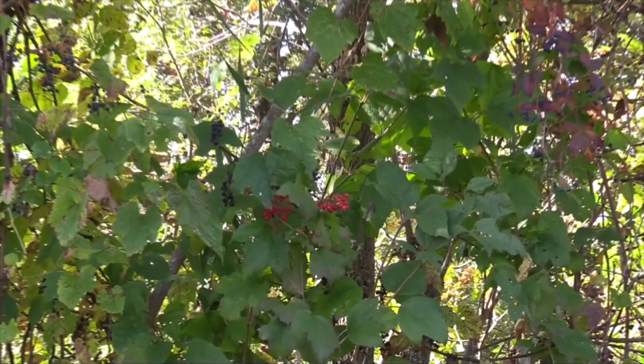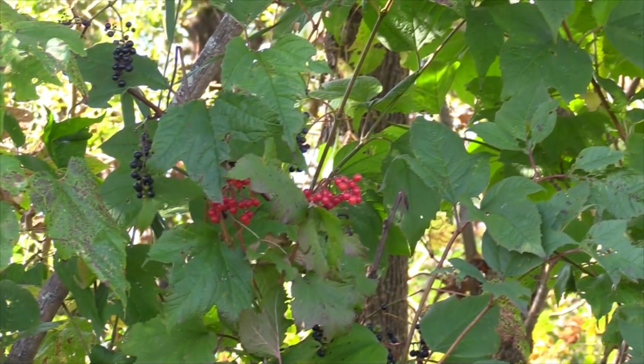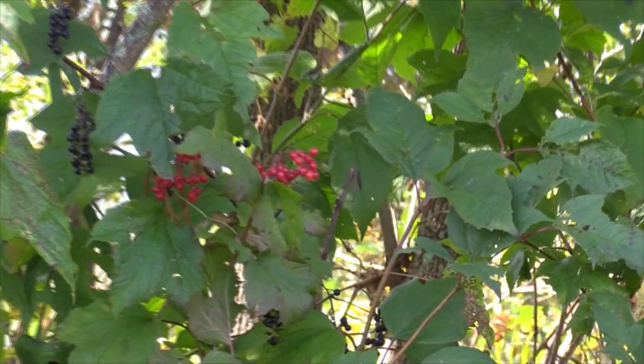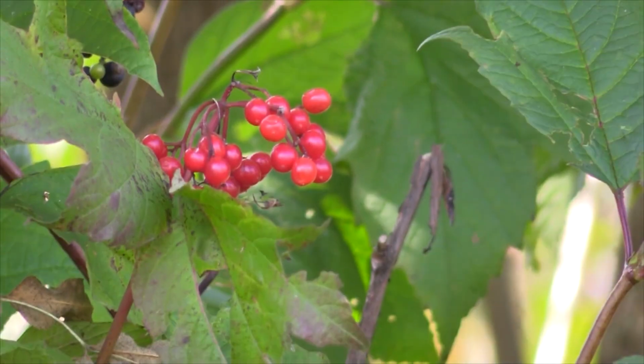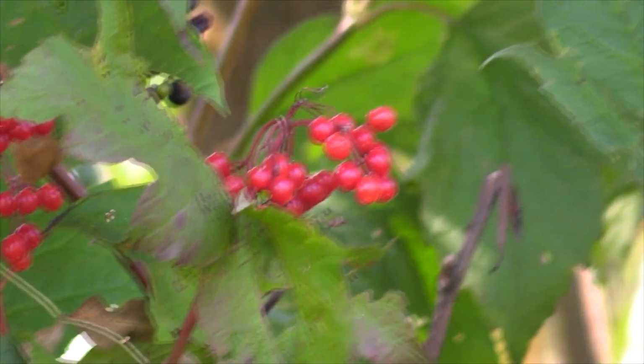This is what I've been told is a high bush cranberry, and its fruits stay red through the winter and apparently are a good source of food for the birds. Although I've seen them stay on the bushes so long that I'm not sure if the birds really like them so much. I haven't tried eating them, but